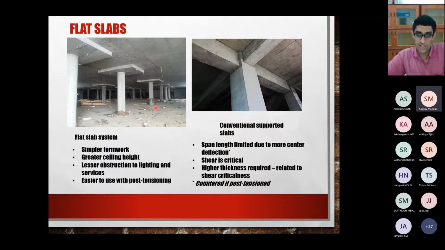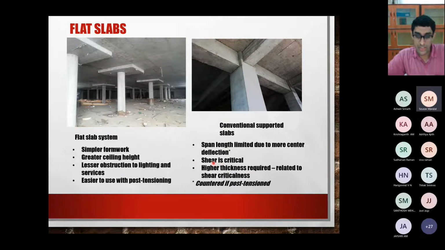So this is the difference between what we normally see and what is a flat slab. Here we have what was missing. We have beams now, and it's on the beams that these slabs are supported. If you have a very large area of slab, because the span is more, the deflection of the slab will be more, which we should not have. To avoid this, if we are going for a normal slab, then we have to post-tension it, as I told over here.